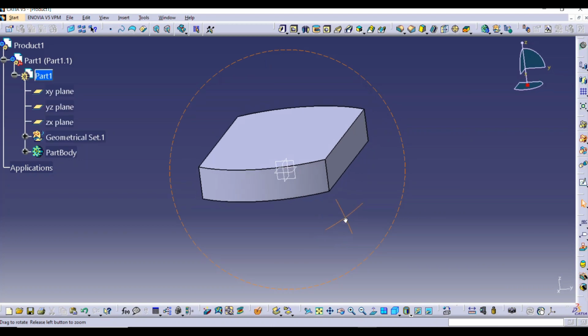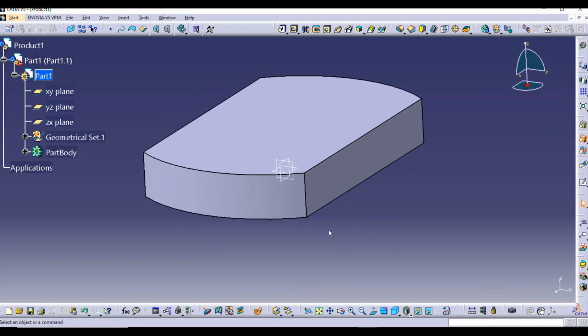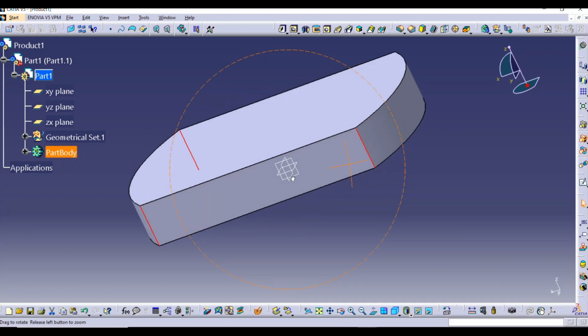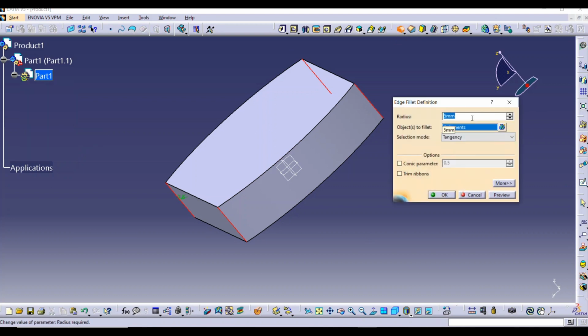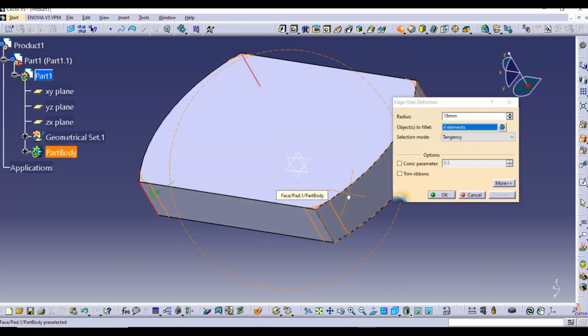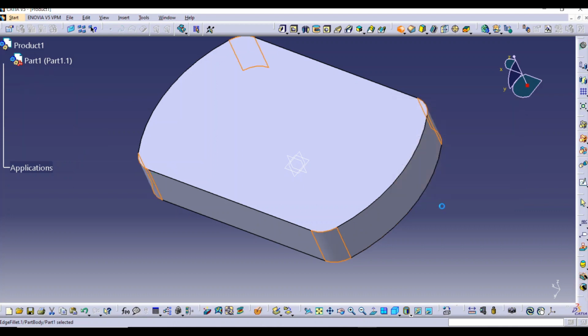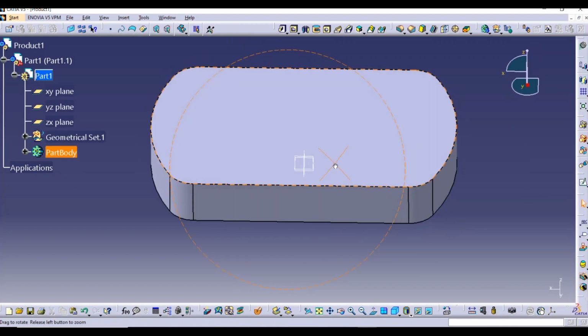After doing so, we are going to work on the edges of this. With the help of Control, just select all those edges first, like this. Okay, and select the edge fillet command from here, click on that. Now here I am going to assign the radius value. So here I am going to give it a radius of about 18 mm. Go for preview from here. Now you can see how it will look, and click on OK, like this. Okay,